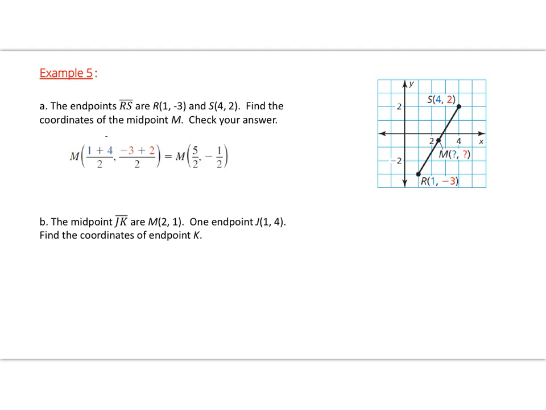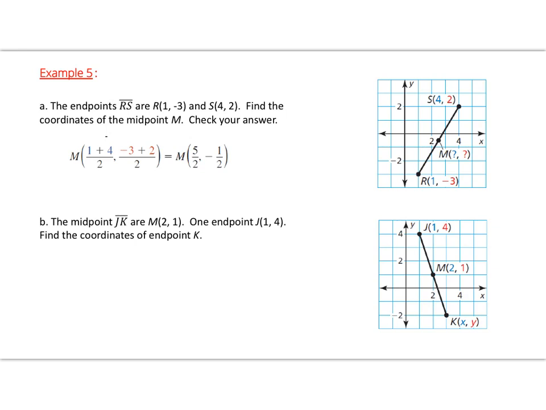The midpoint of segment JK is M(2, 1), with one endpoint being at J(1, 4). So first let's plot, and we want to find the coordinates of the other endpoint. So once you plot your coordinates, pause the video here and plot real quick. So it should look something like this. Of course, you may or may not be able to figure out where this is by graphing, which you kind of can using slope. But if you're going to use the formula, you want to first set up your